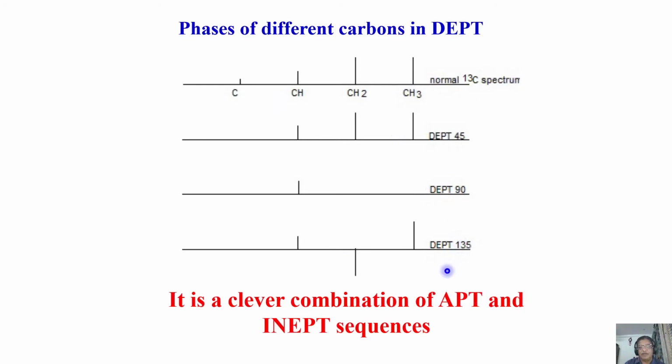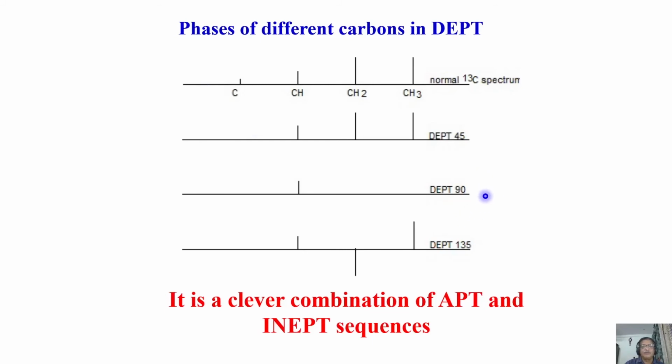So this is a stick plot, not a real spectrum. If I do a normal carbon 13 experiment, you see all carbons: CH3, CH2, CH, quaternary. I do DEPT 45, I don't see quaternary. Why? Because it is not attached to protons, so there is no question of detecting it. So do a DEPT 45 experiment and find out the difference between this and this. You know all the quaternary carbons. That is one way the identification of quaternary carbons is done.